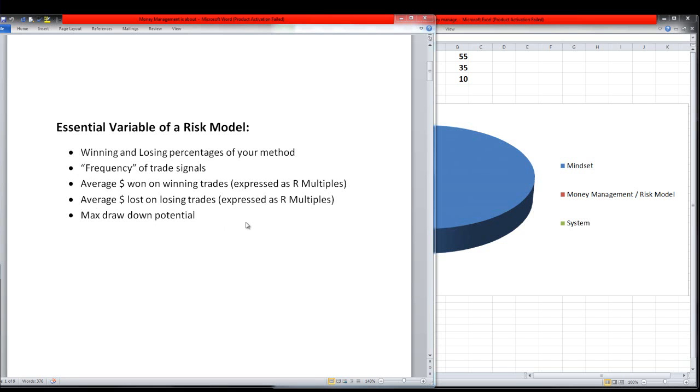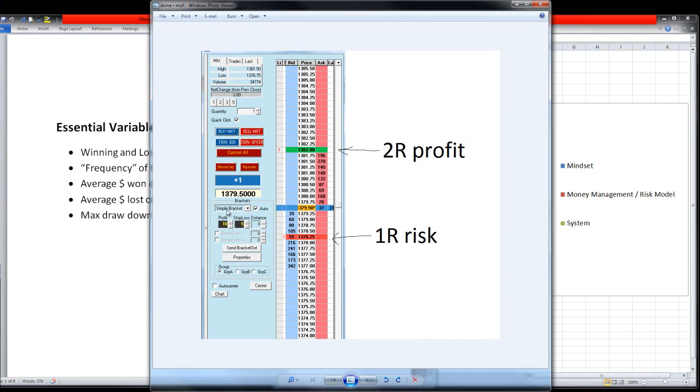Basically what it is working out is, when you do win, what's the average size of your winner, and when you lose, what's the average size of your loser, and expressing it in R multiples. Like we said before when we brought up that DOM, for example, your maximum risk is 5 ticks. So you might take, for example, over 20 trades, 11 losers, and 4 of those were 5 tickers, some 4 tickers, some 3 tickers, some 2 tickers, whatever it may be. Then you add up all those